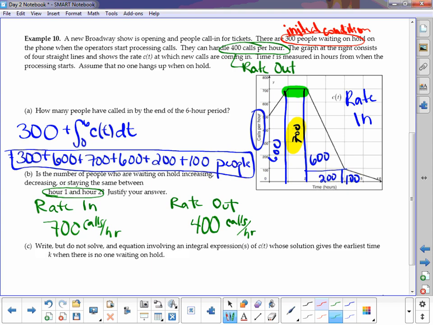Alright, so here I can see I have more people calling in than is being processed. So does that mean that I have people wait on hold increasing, decreasing? Yeah, we have more people coming in than going out. Alright, so then we can go ahead and say then that we know it is increasing. So the number, let's go to the answer next. The number of people, remember no abbreviations, as painful as it may be, the number of people waiting on hold